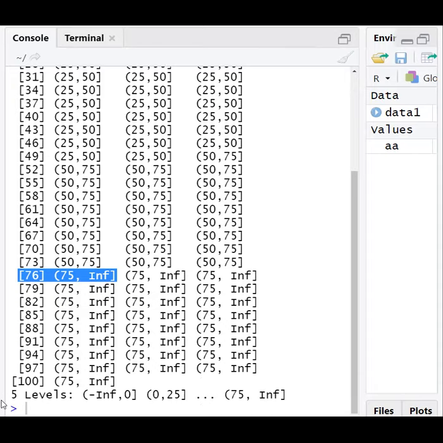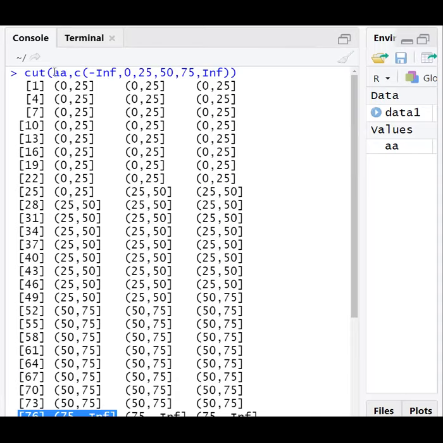So at the end, it is printing 5 values. The levels it is printing are: infinity to 0, then 1 to 25, 26 to 50, 51 to 75, and 76 to infinity. So these are the 5 ranges.